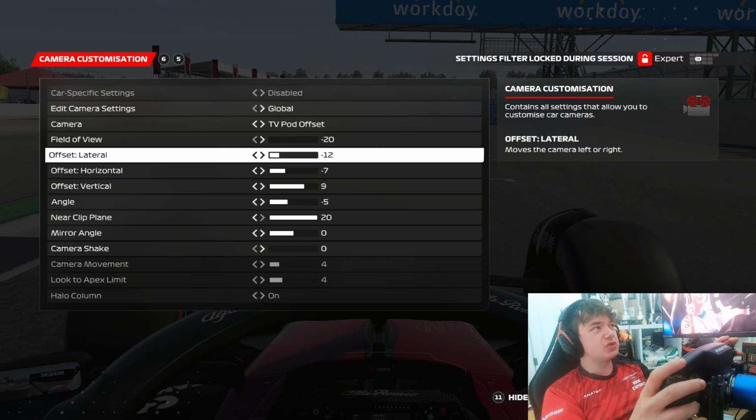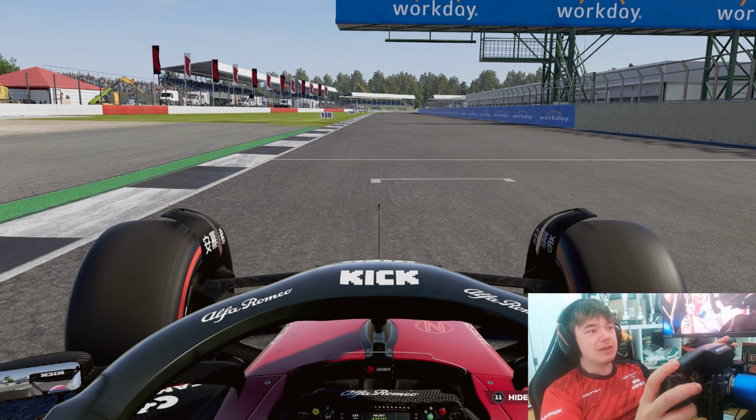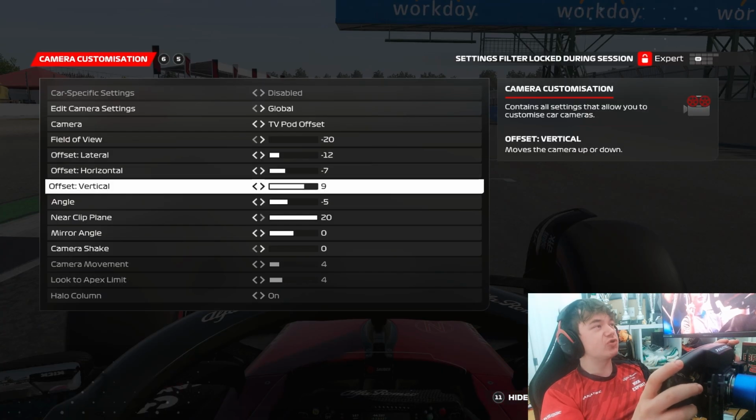The horizon is basically where the camera can move forward or back. I like to keep it on -7, and this way the delta stays in the steering wheel at the very bottom of the screen, and I can use it as a reference when driving. Only in qualifying do you get the delta time at the top right of the screen, and in the race I find it personally to be quite useful to have that delta as well,